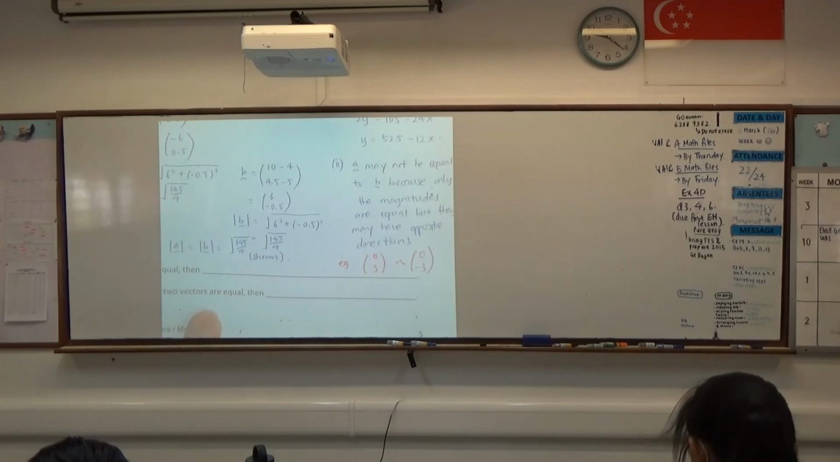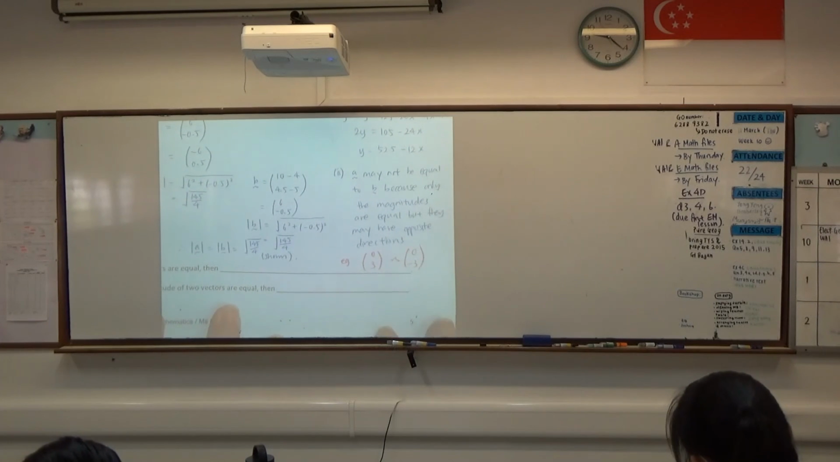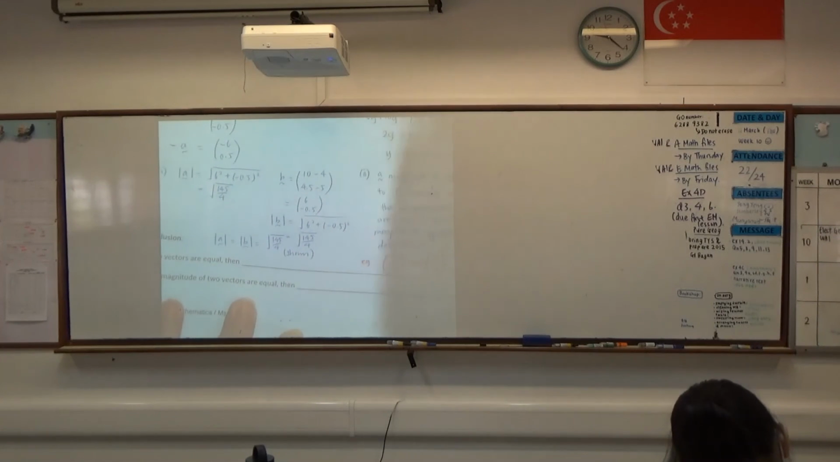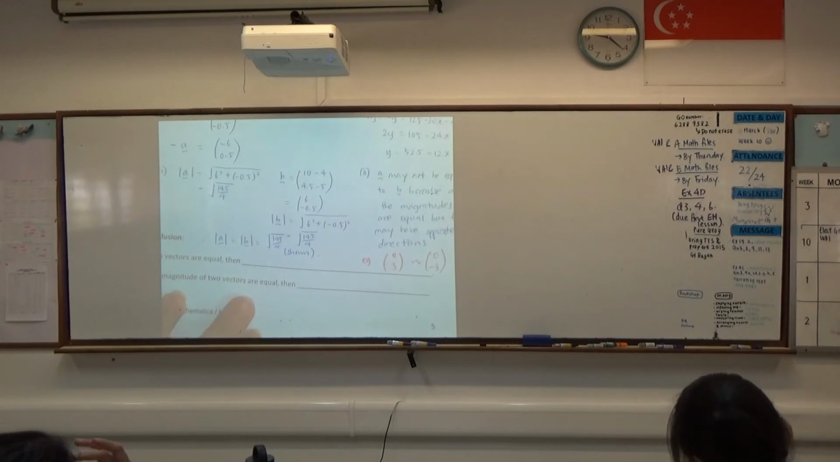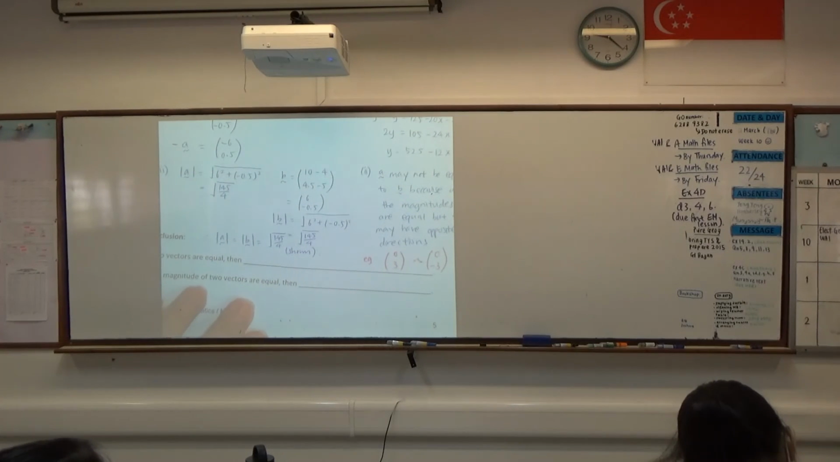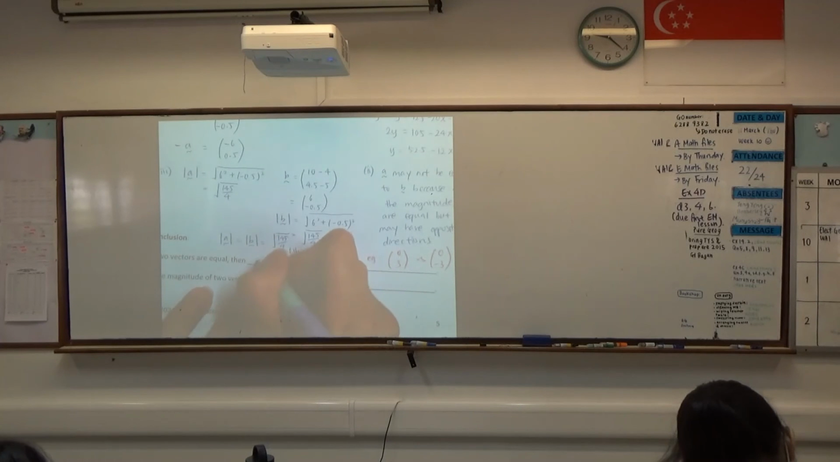So to conclude, if two vectors are equal, magnitudes will be the same. If magnitudes are equal, the vectors may not be equal. So then